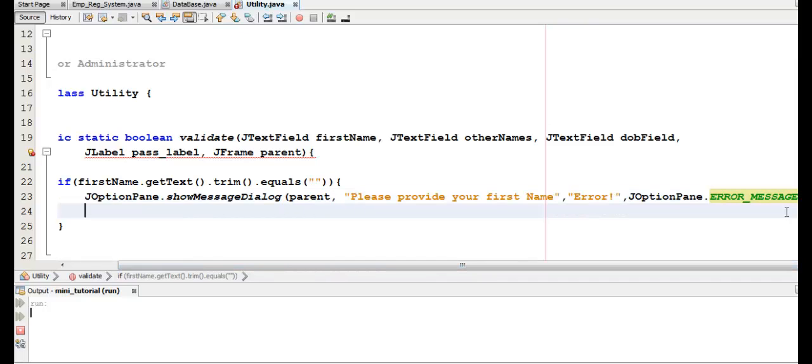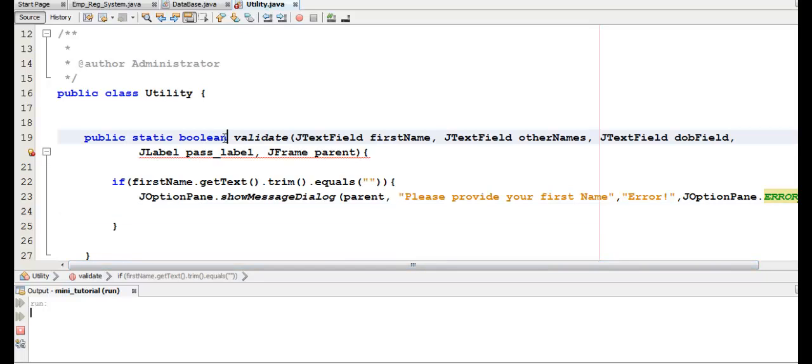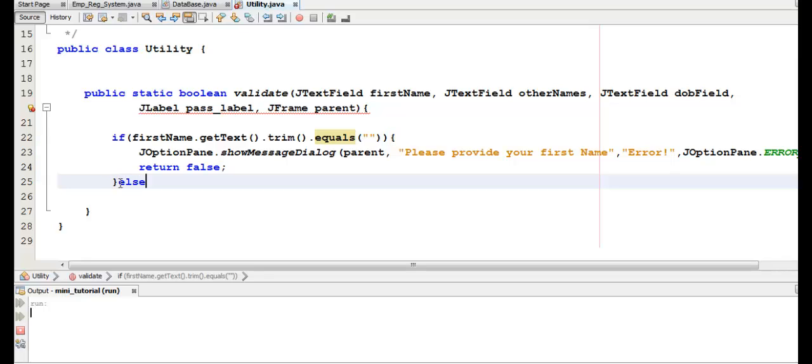Then by the end of the day, remember, this returns a Boolean value, so we must say return false here, otherwise this might happen and it will still see this as true. So say else if